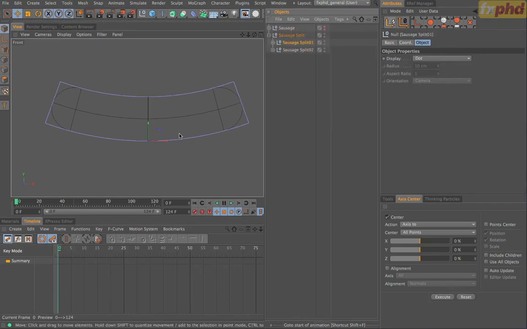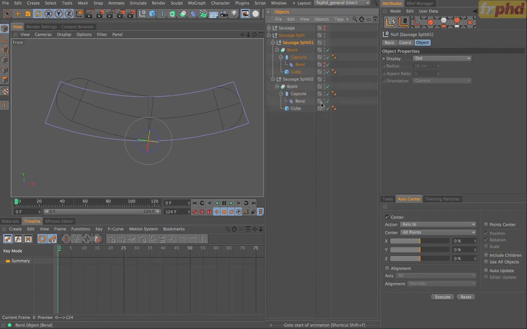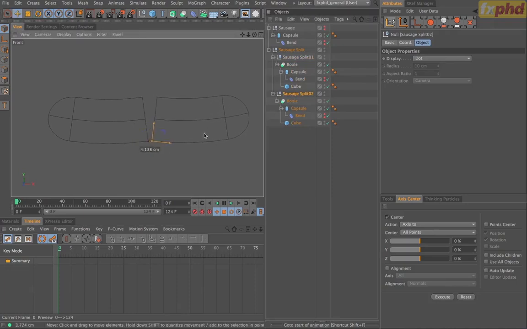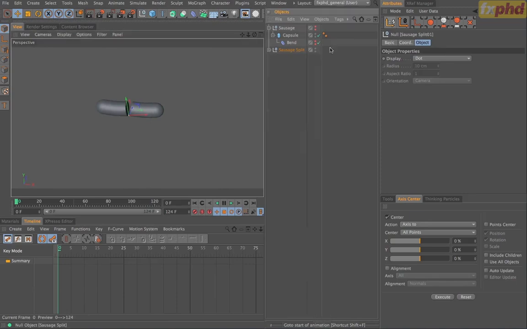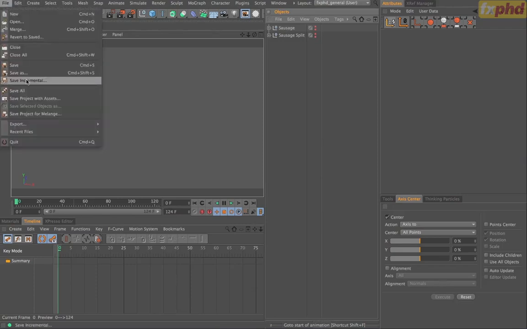And let's just grab each of these and, in fact, let's hide our bend deformers. Okay, so we want to just make it as if it's split open, and we can just maybe pull that apart slightly, like so. Okay, there we go, there's our sausage split. Not going to win any awards for the modelling on this. Okay, good idea to save the project at this point,